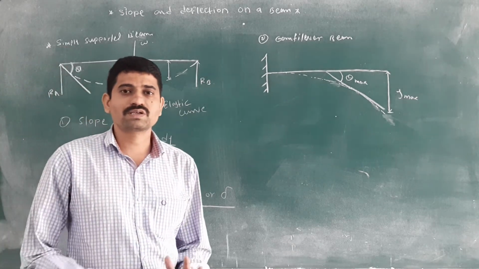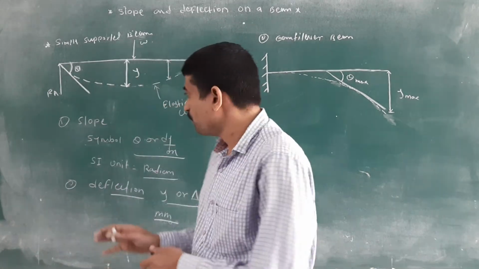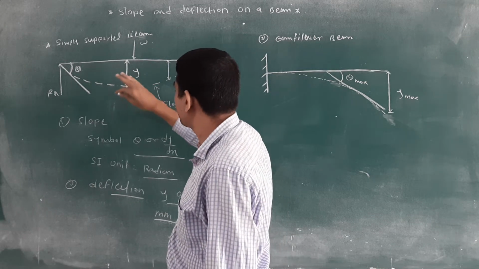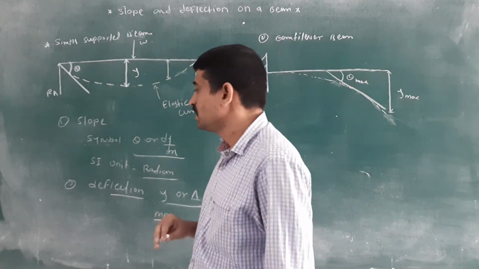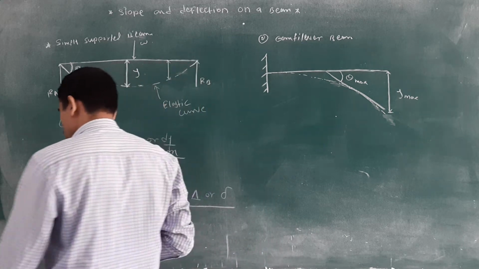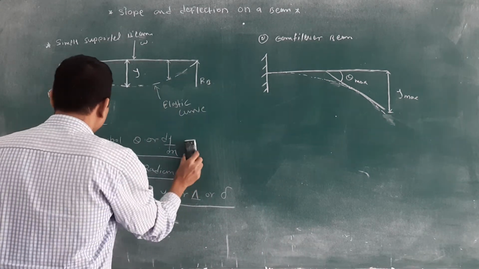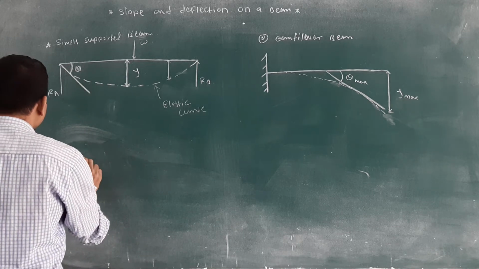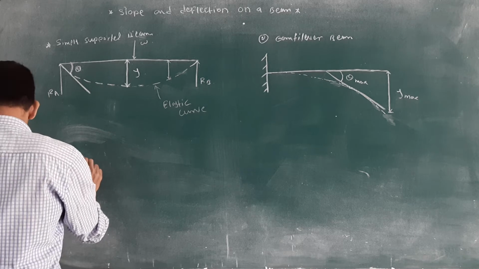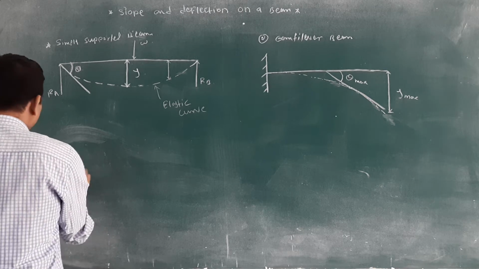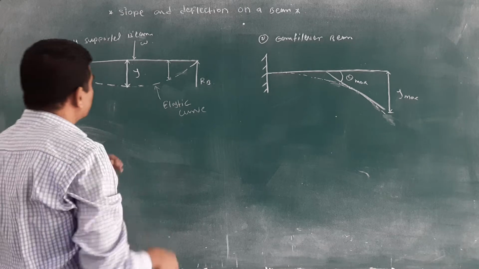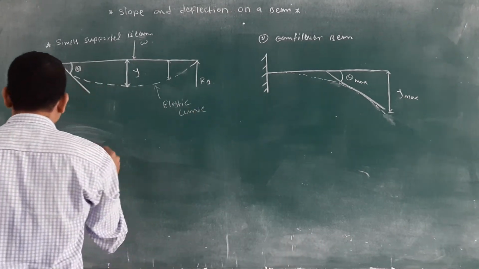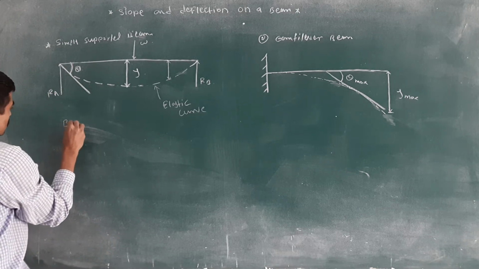All of you getting what is the slope and deflection? In this unit we want to find out slope and deflection of the beam. And how to find out that slope and deflection of the beam? We want to check first the boundary conditions. There are two boundary conditions given, for the simply supported beam as well as the cantilever beam. I have considered here one simply supported beam and another a cantilever beam. First we will see the boundary conditions